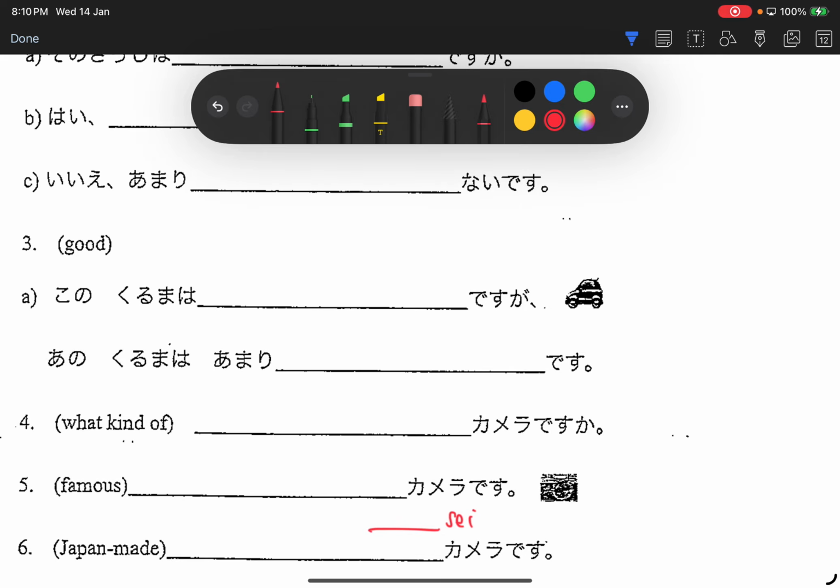ジン君, good is? 良い。Thank you. A. この車は良いですが。Sorry, ですが。Guys, please pronounce が, not car. 2 times today I hear it's car. Alright, so 車は良いですが。Next sentence, あの車はあんまり良くないです。Thank you. Because we have the adverb あんまり, we need to use the negative form, あんまり良くないです。